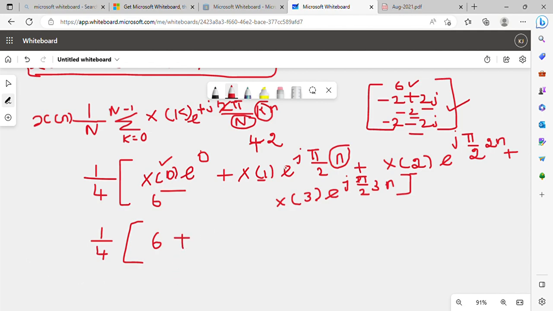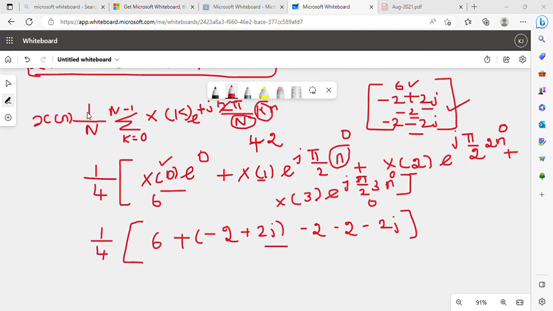If you substitute 0 over here, you always get 1. Here, if you substitute 0 for all, you are going to get it directly as e to the power of 0, which is 1. So that is why this is minus 2 plus 2j, right? Minus 2 plus 2j, and once again it is minus 2, then it is minus 2 minus 2j, right? Yes, if you put all this in the calculator, you are going to get